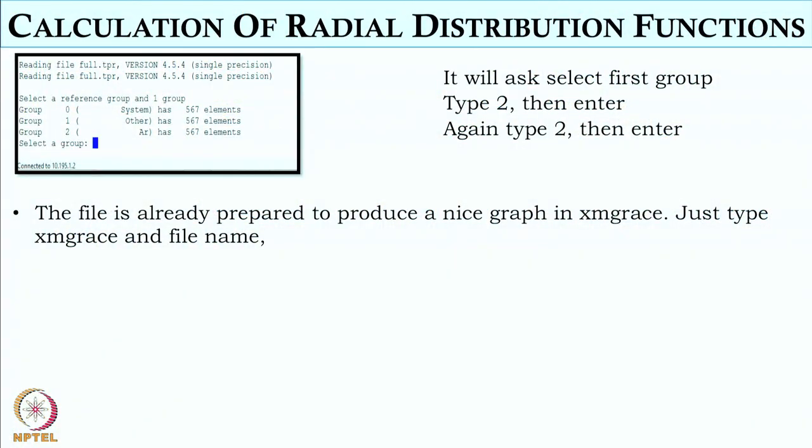But there I have 1 and 2 on the left. See, in that file there is 0, 1, 2. Yeah, 0, 1, 2. Since it's a monoatomic molecule and it's the same molecule, it doesn't matter. You can as well select 0, 0 or 0, 1 or 0, 2, because all of them contain argon atoms only.